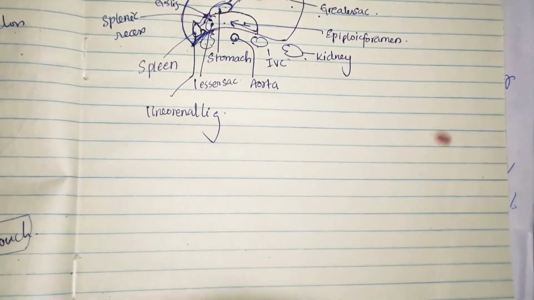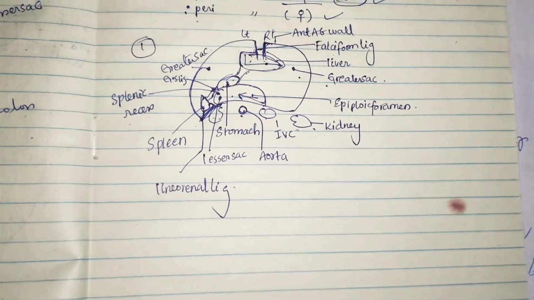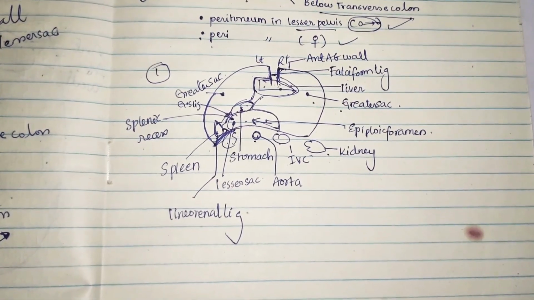So now let us see horizontal tracing below the transverse colon. So let us see in the diagram and understand this. So clearly